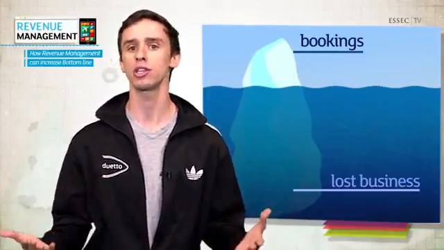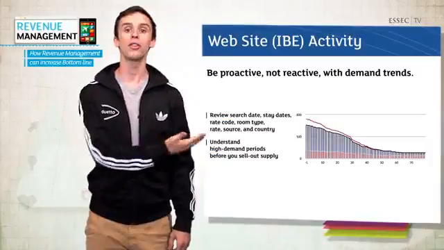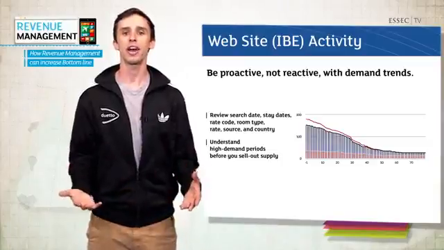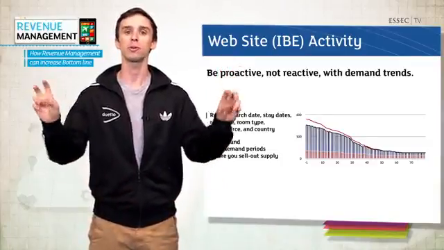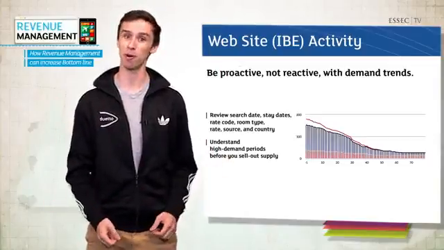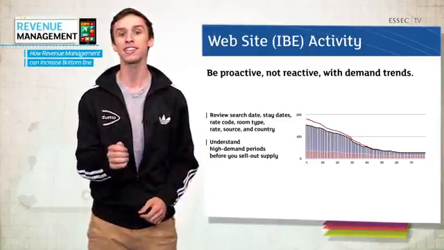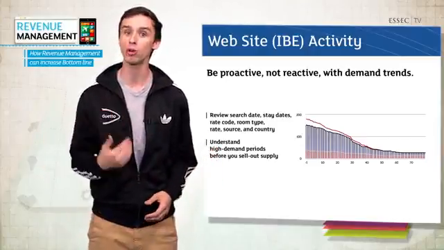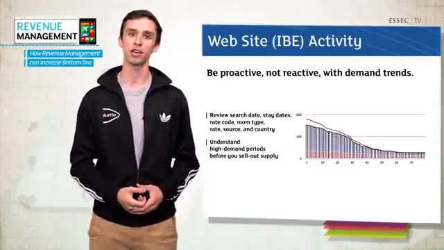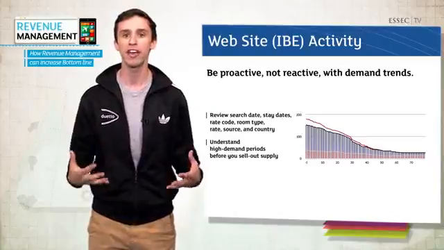A regret is when someone visits a hotel's website but chooses not to book. A denial is when they went to book and their search result ended in no rooms available. On this chart on the side, the red and blue represents the lost business, or total count of people that went through a hotel's booking engine and didn't actually purchase. The difference between the orange and the blue line represents the actual bookings that happened through a hotel's booking engine on the website. You can clearly see that if you look at 40 days before arrival, that's when the actual